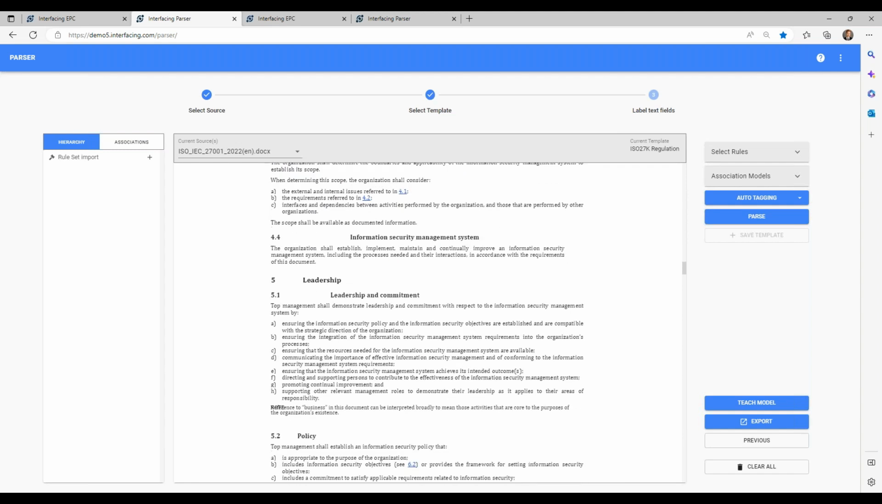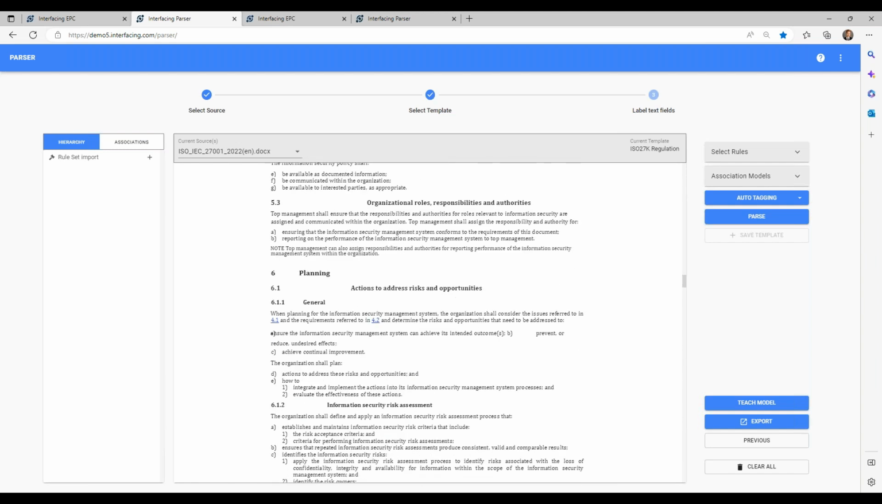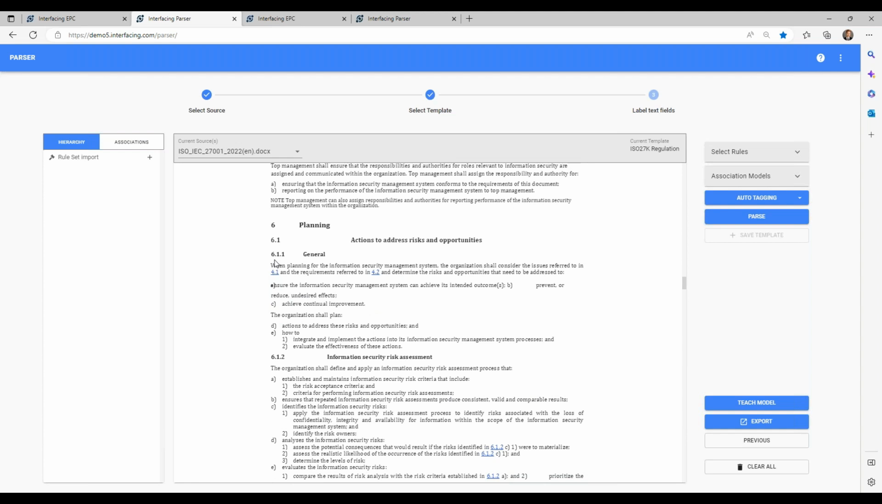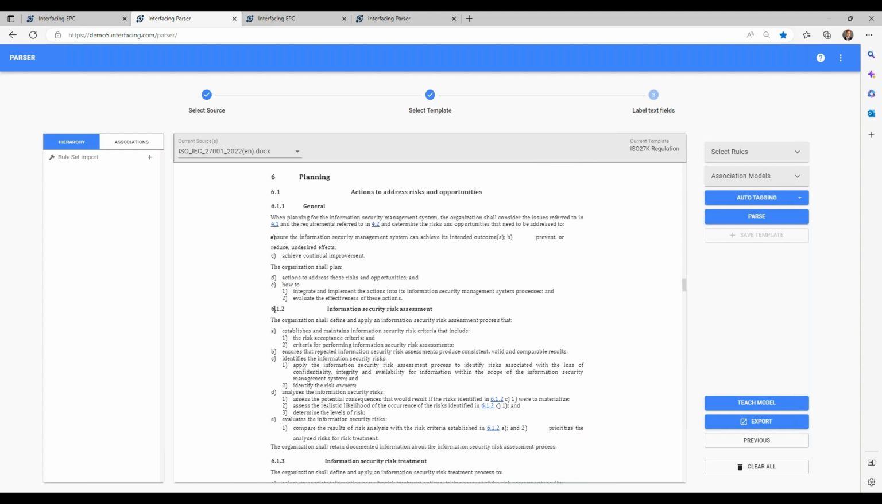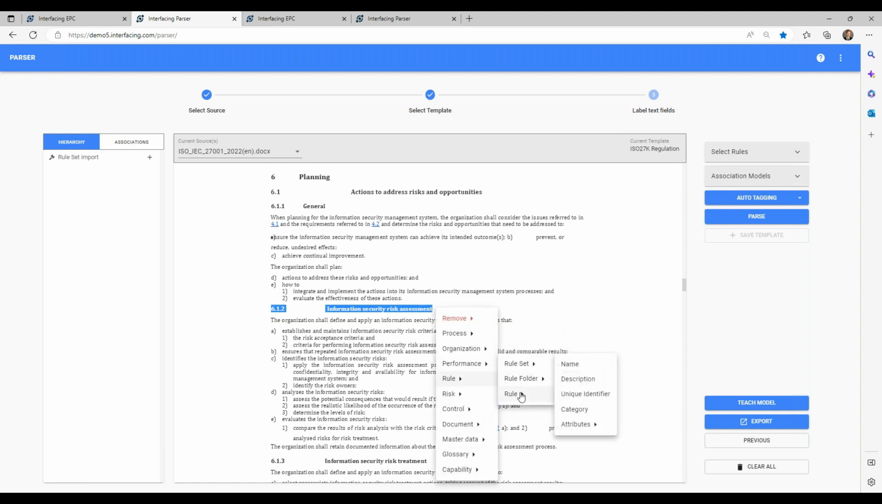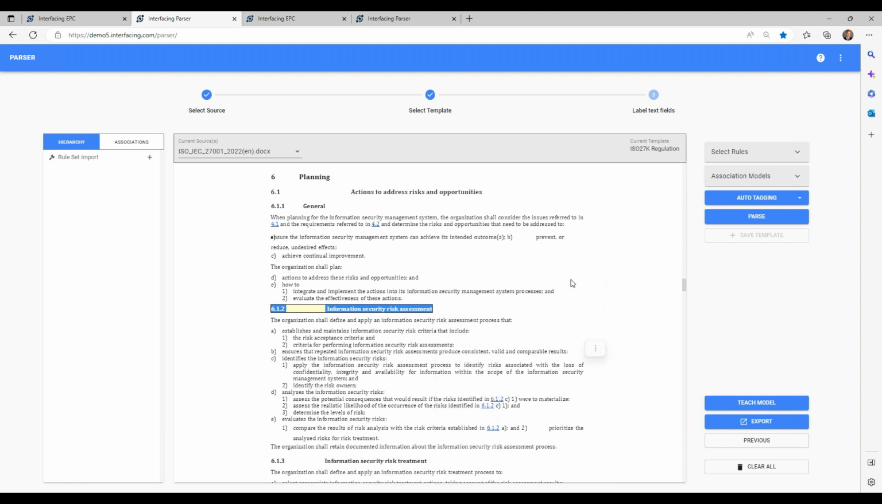I can also see that there's multiple different levels of granularity, whereas here you see a 6.1.2. So same thing in this use case. I want that also to be a rule, meaning I don't want that content to be brought in as a single rule, which it would have been. I want to break it down further to more granular